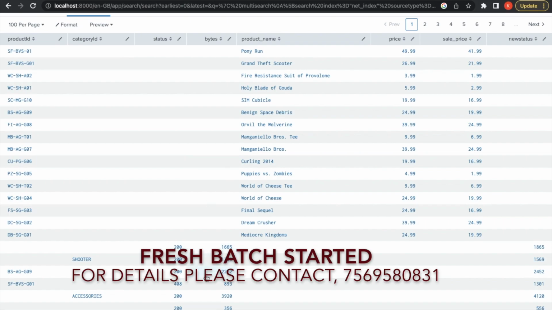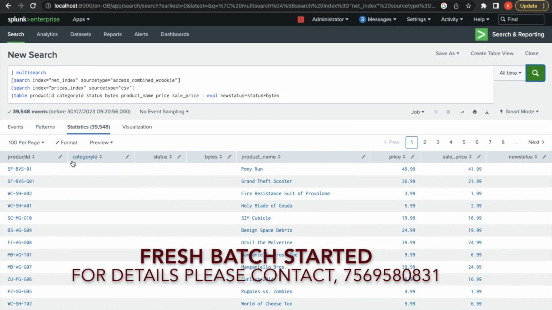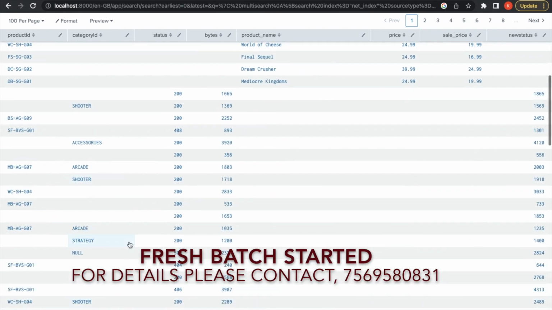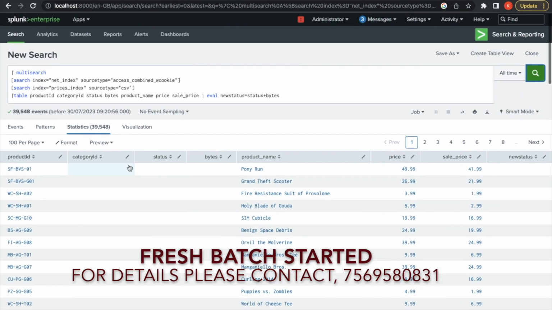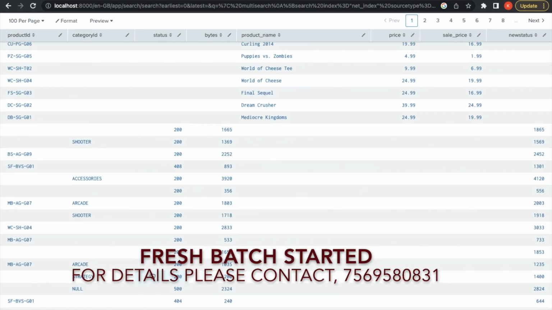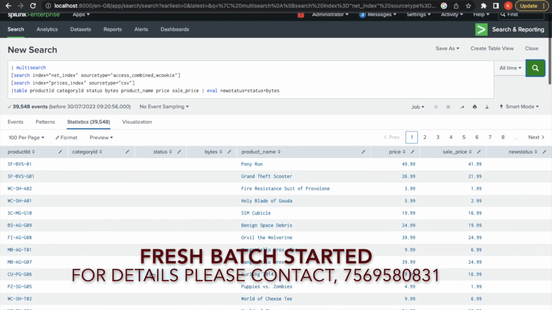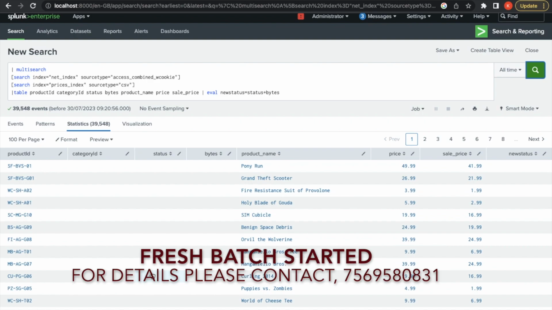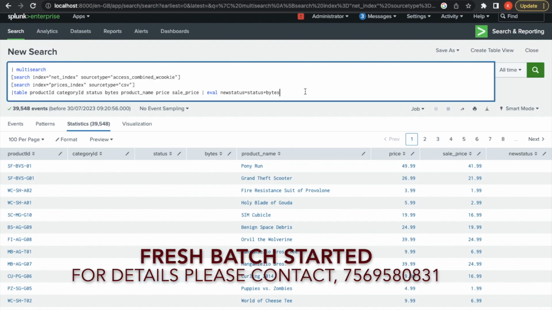So not only 10,000 things, but all 39,500 events in this particular data set, in the net_index, whatever events are there, it has added to all of them. That is the specialty of the multisearch command. Okay, so now if you want to write any transform